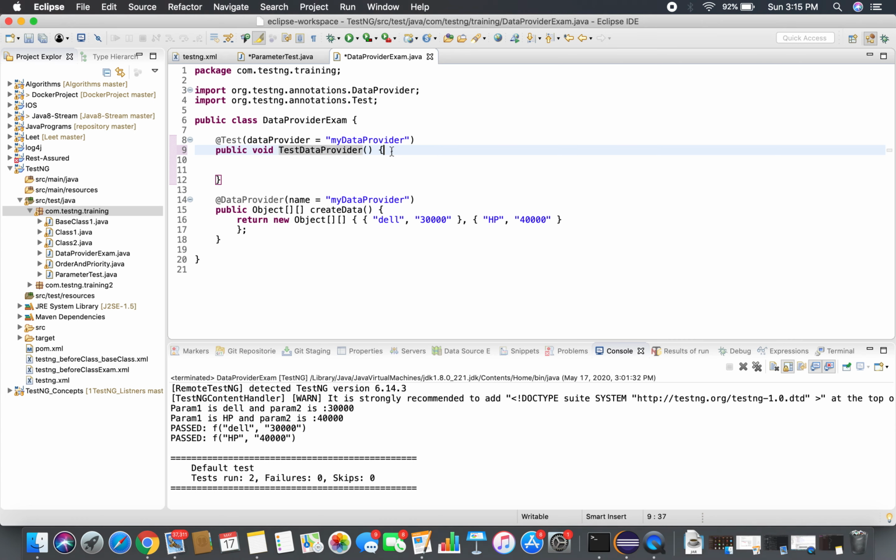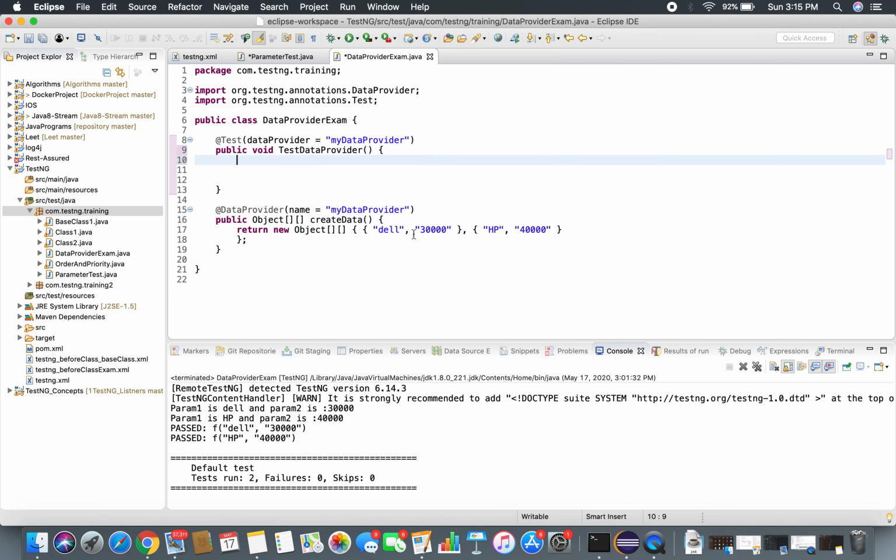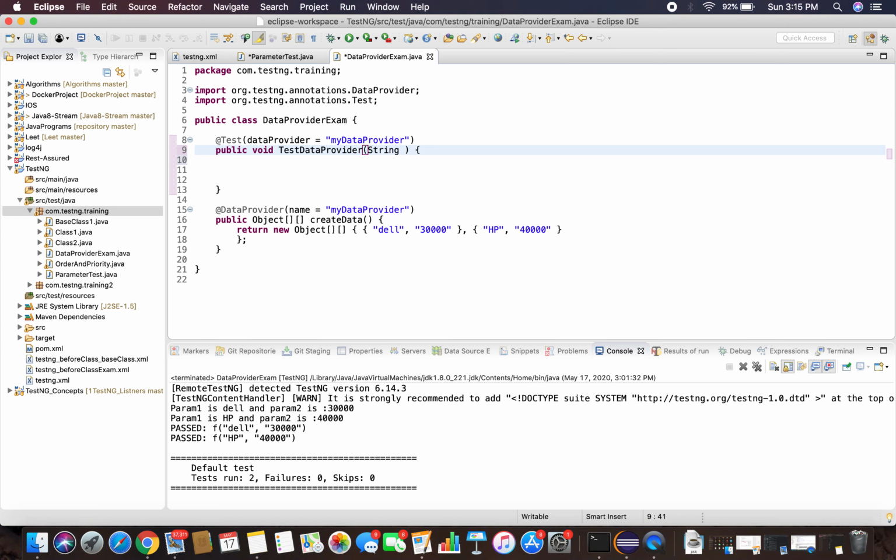Now inside this method, I want to print these two product details. Since I have here the product name and some number, let's assume an ID of the product or price of the product, two parameters I'm passing. I need to accept two parameters in this method: String product, String some number.